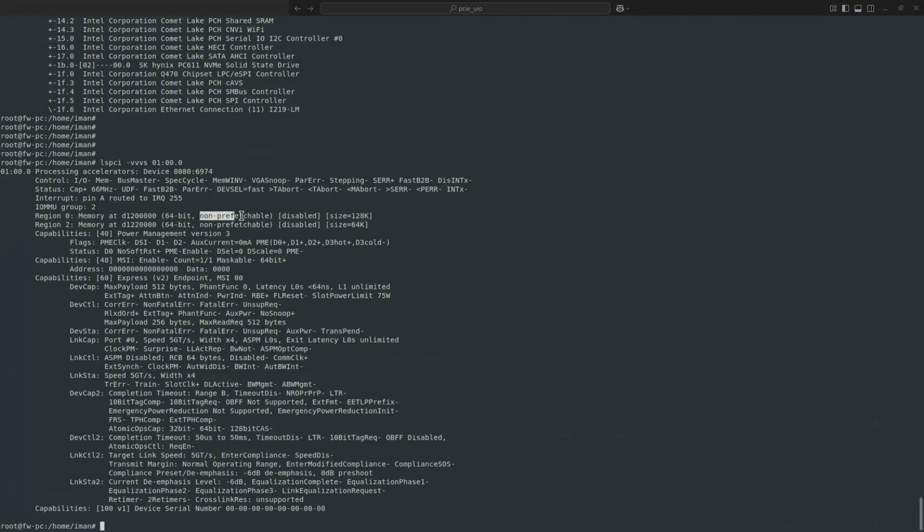And why does it say that it's non-prefetchable? One of the settings that a PCIe device can specify is whether accessing this BAR is prefetchable or non-prefetchable. For example, if this device wants to provide access to its memory via that BAR address, it can specify it as prefetchable. If it's specified as prefetchable, it means that for writing and reading to that BAR, Linux and the operating system will use our CPU cache.